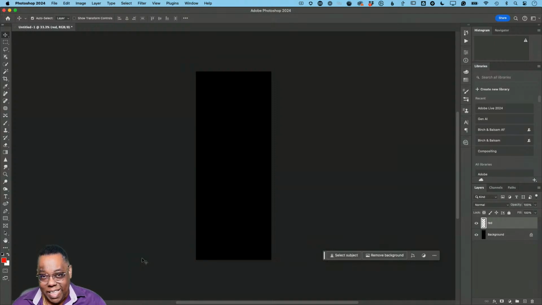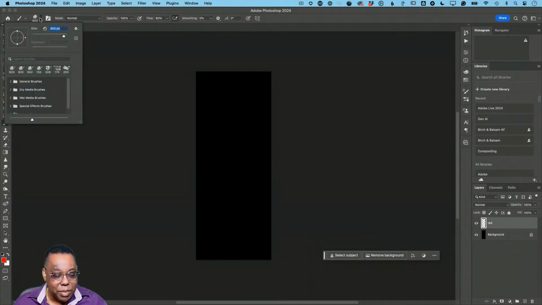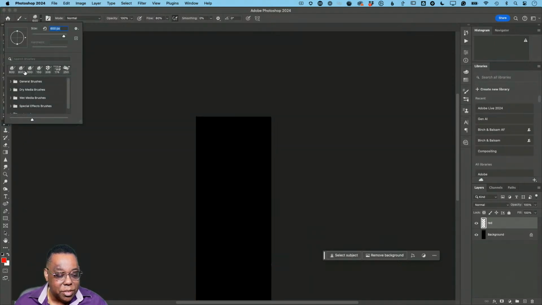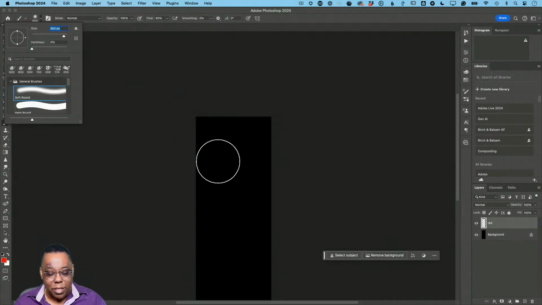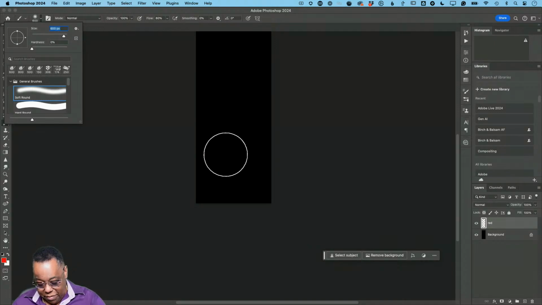Now I want to paint, but I want those, like if you were to take a paintbrush and just splatter it against the wall. I want that look. So typically, when you go to your paintbrush and you are using the default brush, which I'm not, but if you were using the default brush, general brushes, there we go. If you were using a regular soft round brush, and even if you make it smaller,